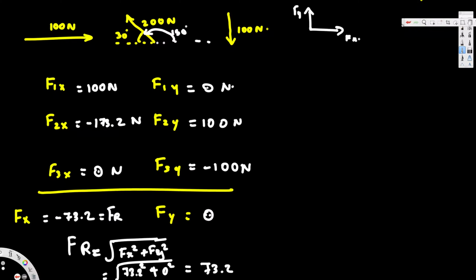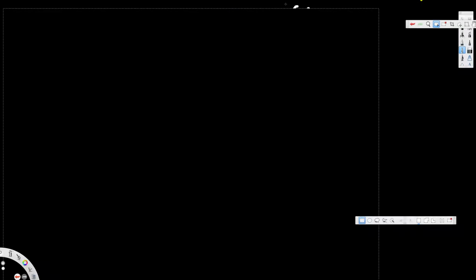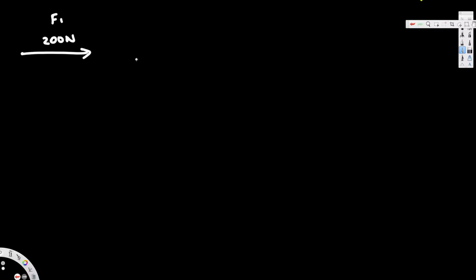Now let's look at a different example. Let's look at another example. Let's get rid of this one. Okay, and the next one, let's say we have a 200 Newton force acting in the x direction, 200 Newton. Let's call this one f1, and let's call another one f2, and let's say this is making a 40 degree angle with this horizontal, 40 degrees, and acting in this direction,